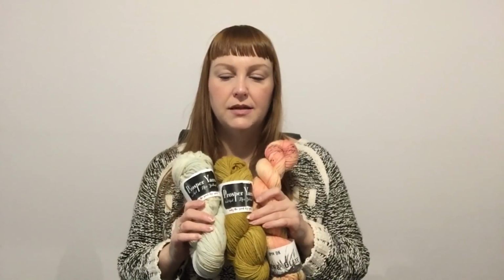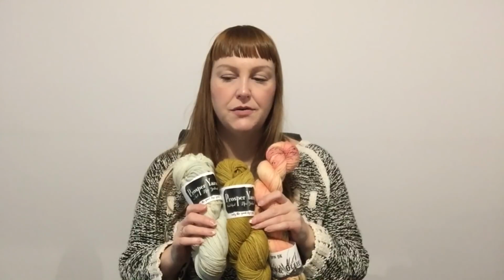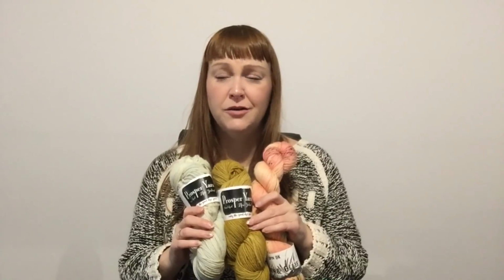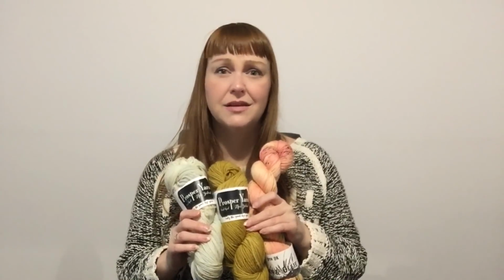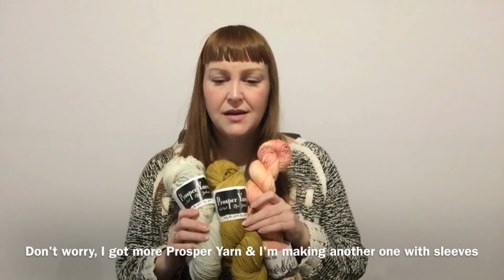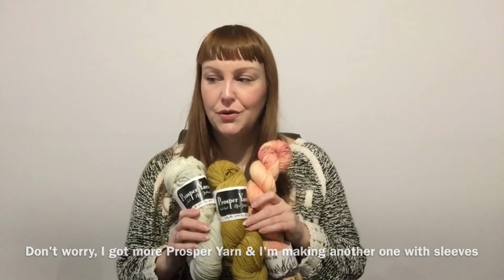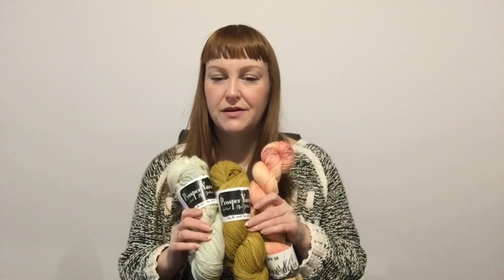I think I'll also have to modify the pattern again so that I can get a little more length out of the body, and I don't know if I'll do sleeves. And I know before I just said I can't think of a time I'll ever wear a woolen sweater without sleeves, but maybe I'll have to find a way, because I still haven't thought of a way that I can